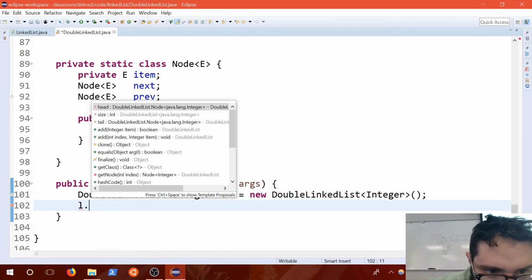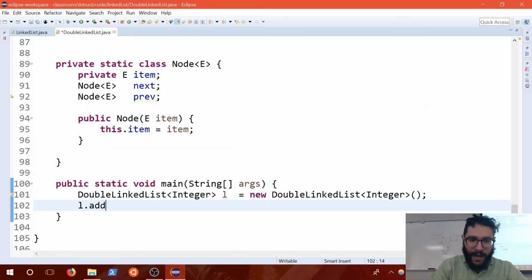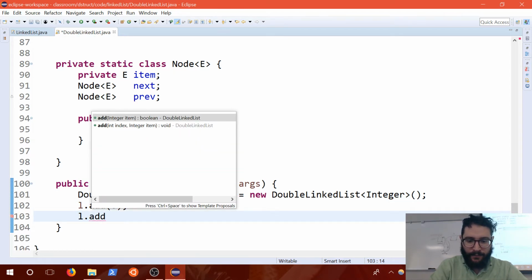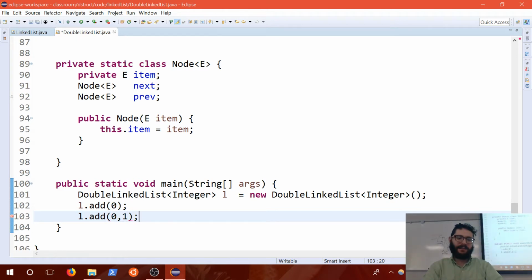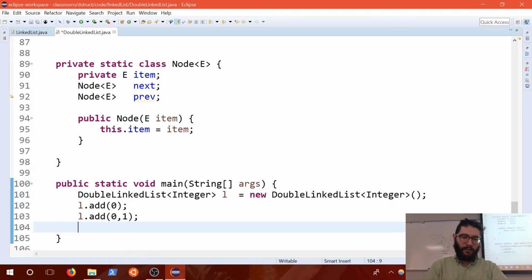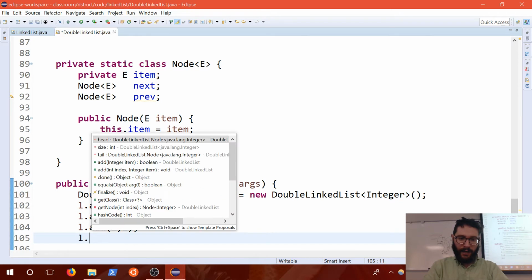L dot. Sorry. So let's see with 4. So let's go with L dot add 0 to the end. L dot add 1 to index 0. All right, so we're going to test all 4 of the addition. We're going to add to the tail end of the list, so we've got 2 things in here. So size 2, 2. So we should add 1, 0, 0, 2, 2, and then L dot